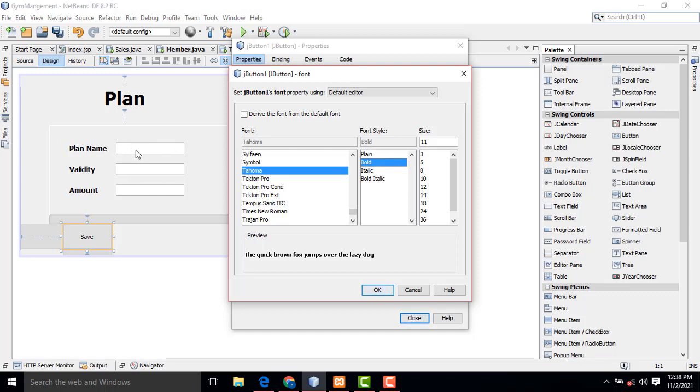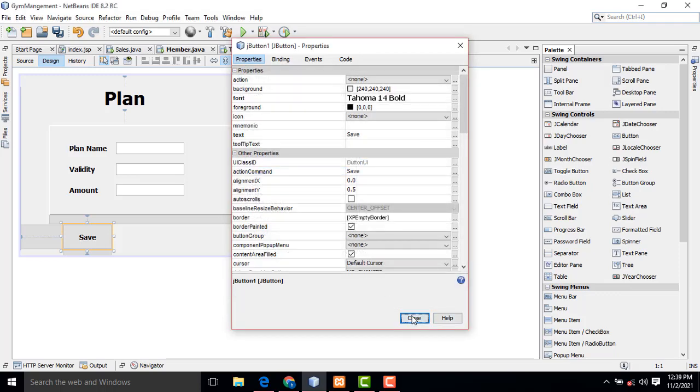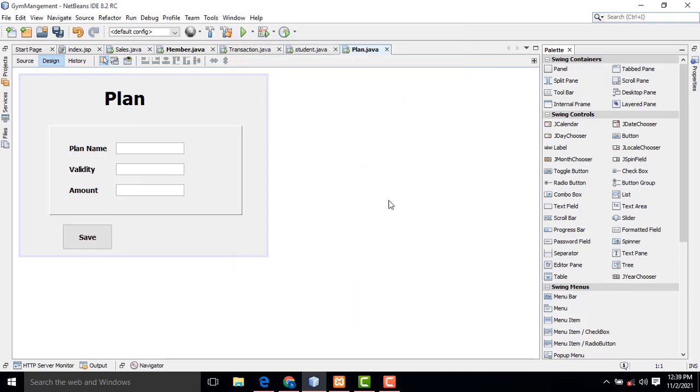So here the plan name, validity, and here amount, right? So we will be able to add it here. That's the thing we have to do.